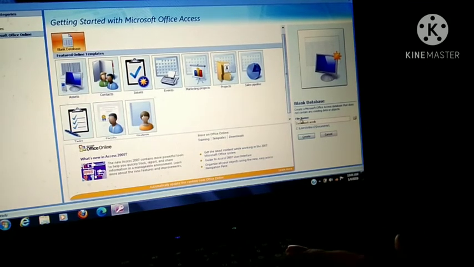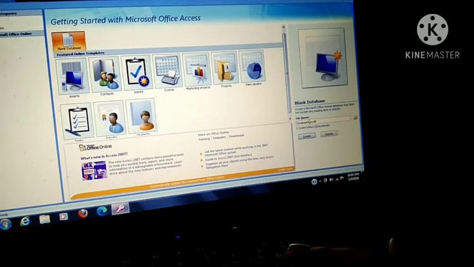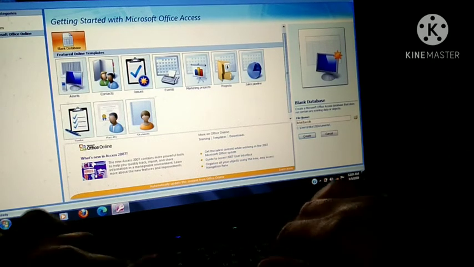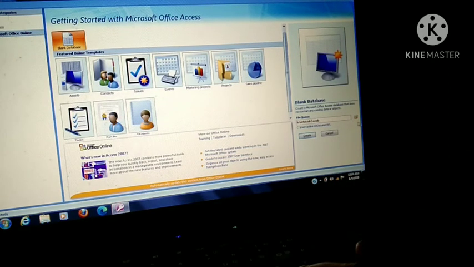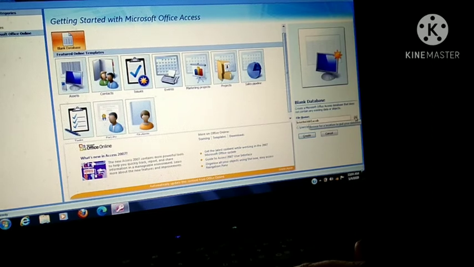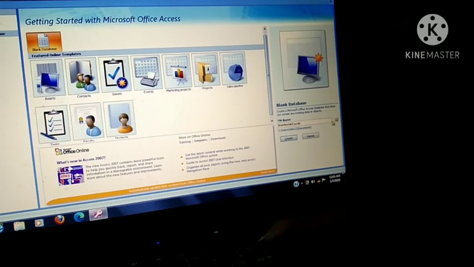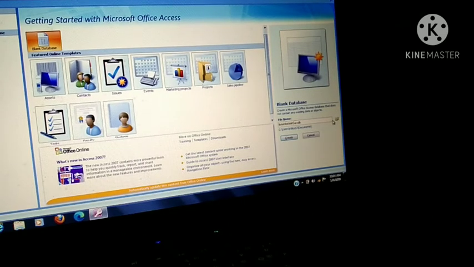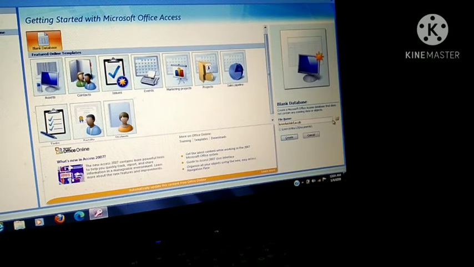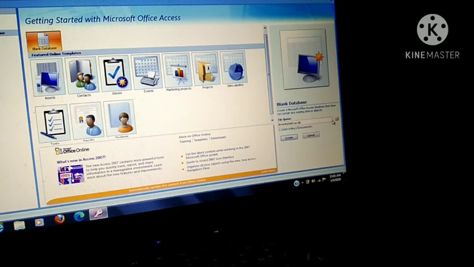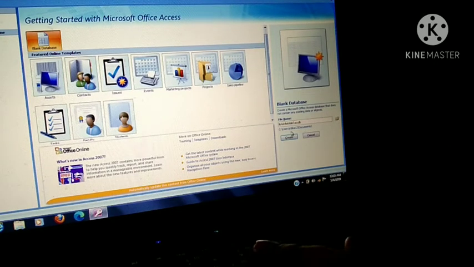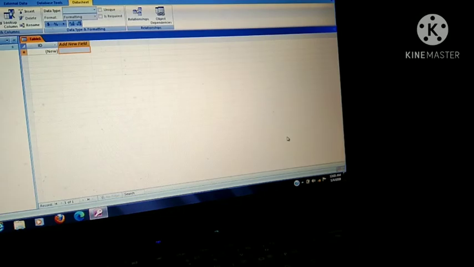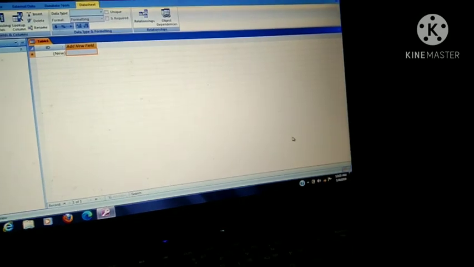Here is your file name. The name is Database 8. If you want to make changes in this database, you can give any file name here. And with this folder option on the right corner, we are able to change the location of this particular database. Here you will check the path. This one is the path, and then click on Create. When we click on Create, our database will be created.